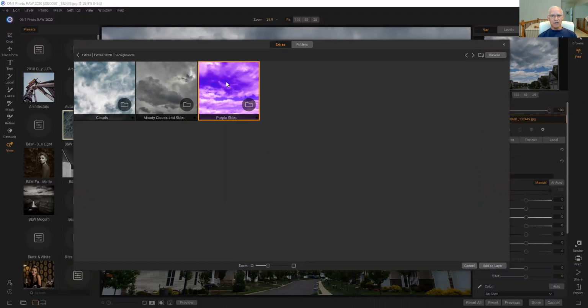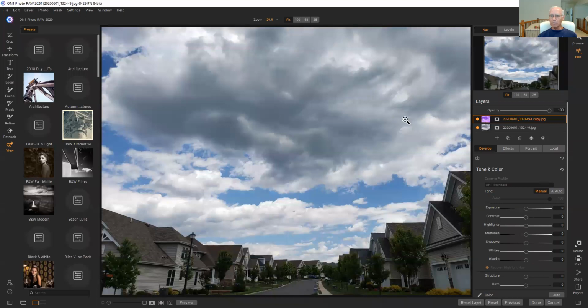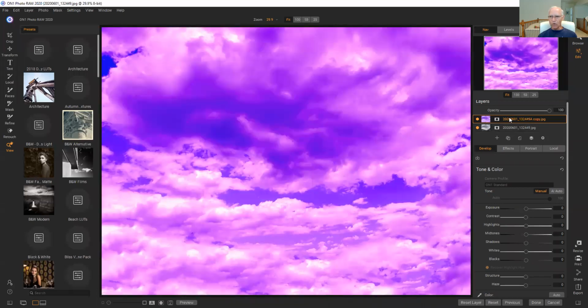And if I click on Purple Skies, I find that within there, there's only one photo. It's my purple sky. And if I select it and then come down here and say Add as a Layer, or just double click on it, you'll find that my purple sky is now a second layer over on top